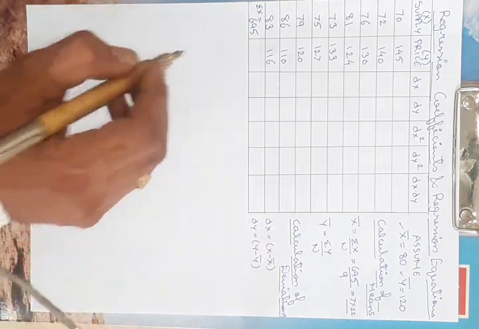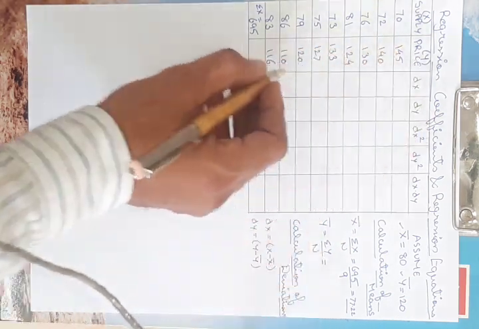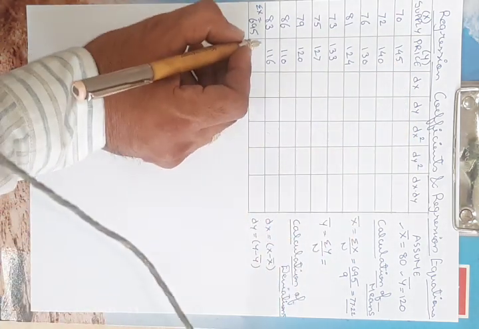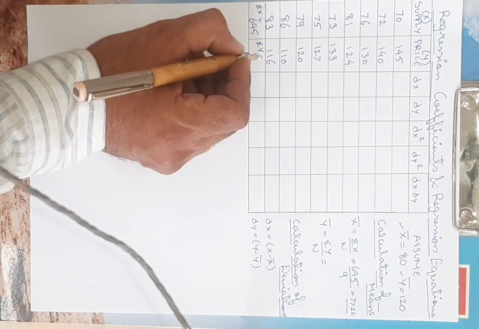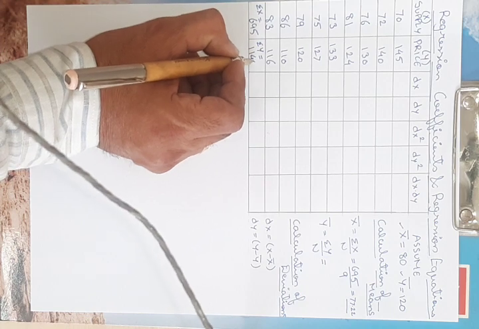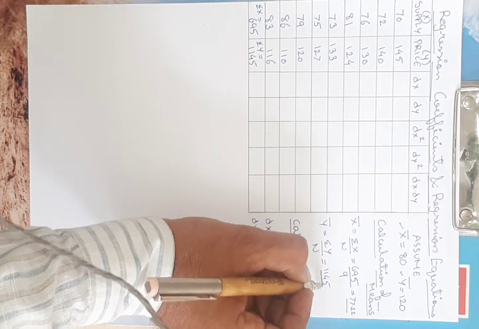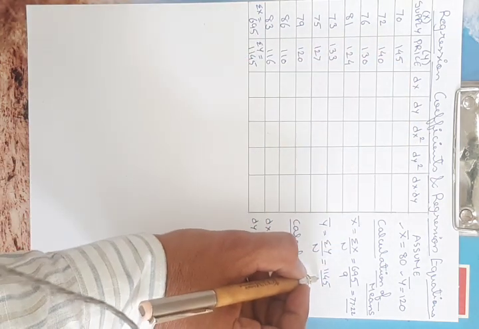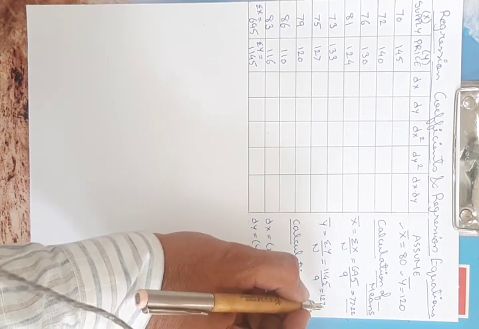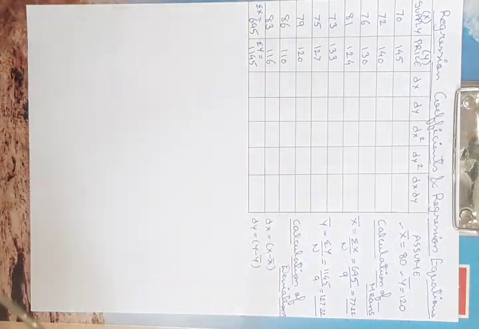On a similar pattern, we calculate y bar, the mean of series capital Y. Here again the formula is the same: summation of y divided by capital N. So we calculate the summation, the addition of the series of y. I have already calculated it, and it comes out to be 1145. So this is 1145 divided by capital N. Capital N remains the same, the number of observations is 9. So the value comes out to be 127.22. This is the second value, the value of y bar.